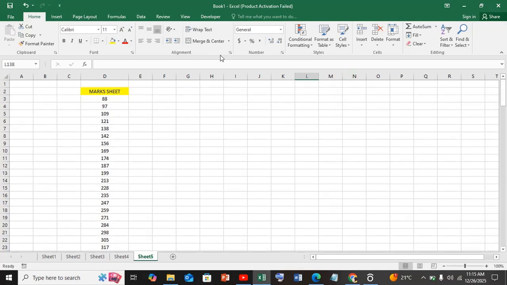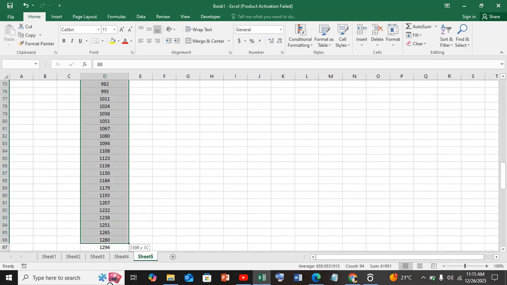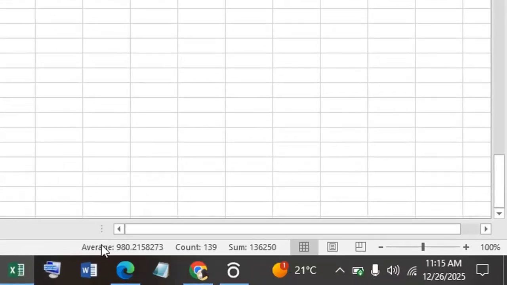In this short video, you will learn a hidden Excel trick that lets you calculate sum, average and count instantly without using any formula. For this, just select your numbers, and like this I am selecting all the values. Now simply look at the status bar. Here is the status bar at the bottom of Excel